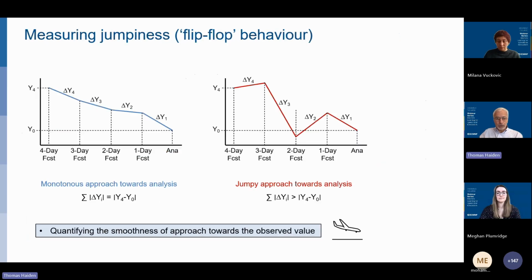So this is also something to consider. The flip side of this smoothness is actually a positive aspect. This is jumpiness, a reduction of jumpiness. So the way we measure jumpiness here, what we mean is some sort of flip-flopping behavior where you have on